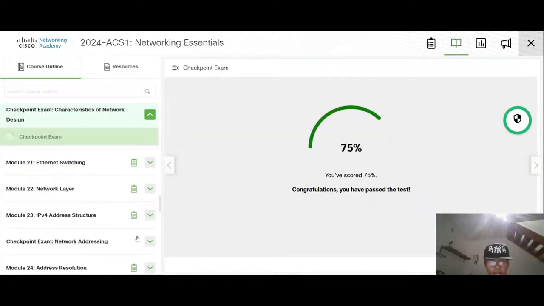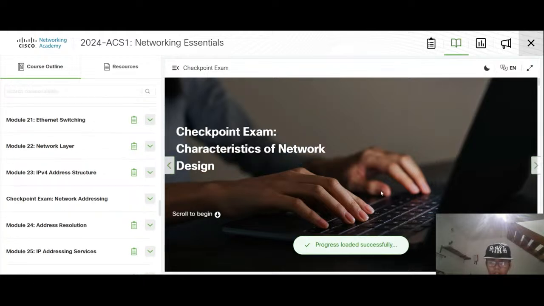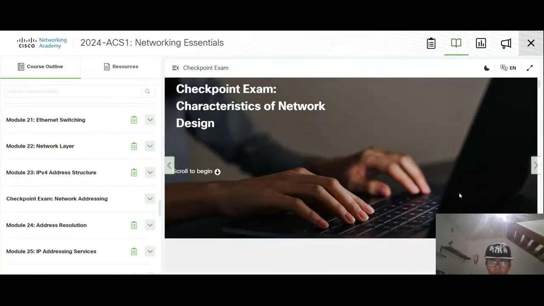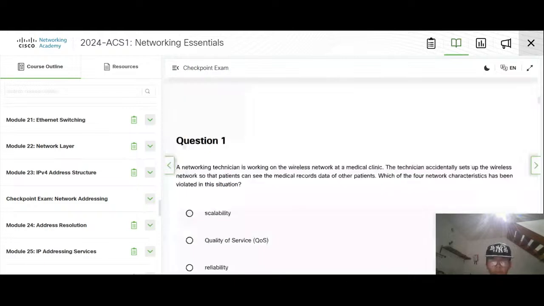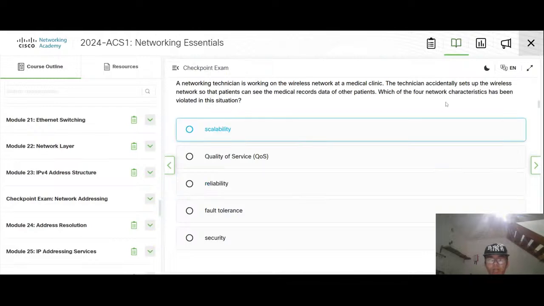Finally, the last part of today. Medical records of data.